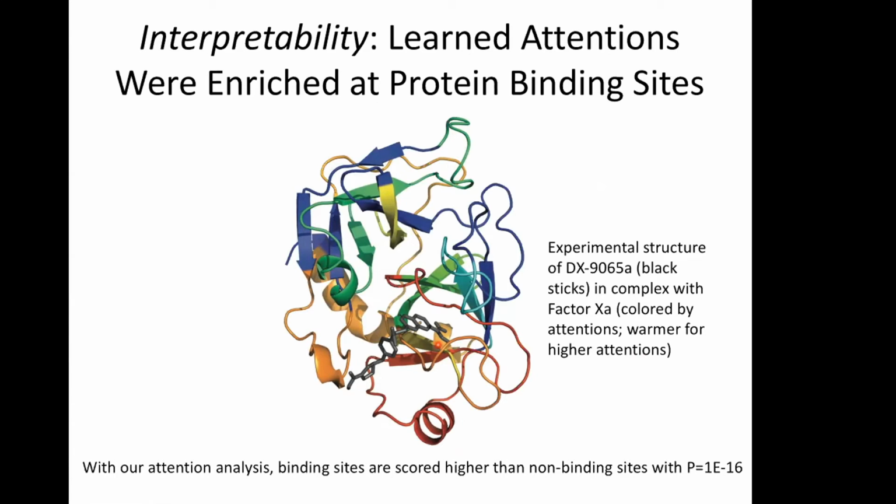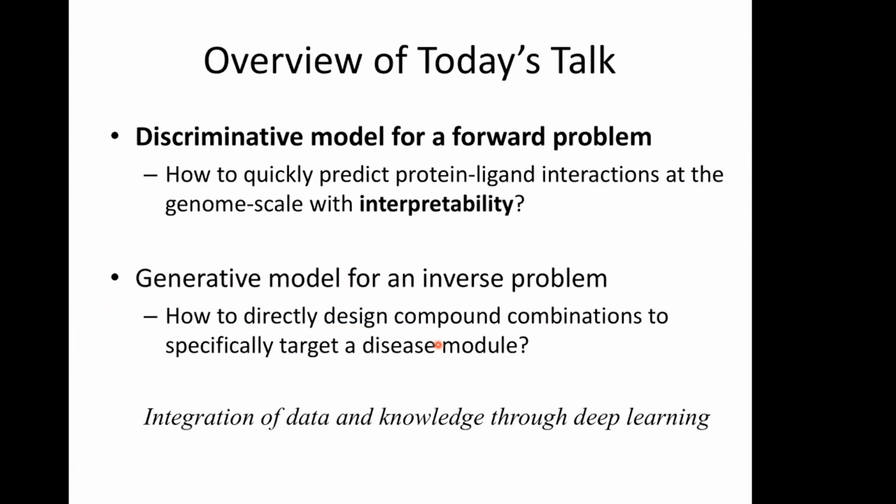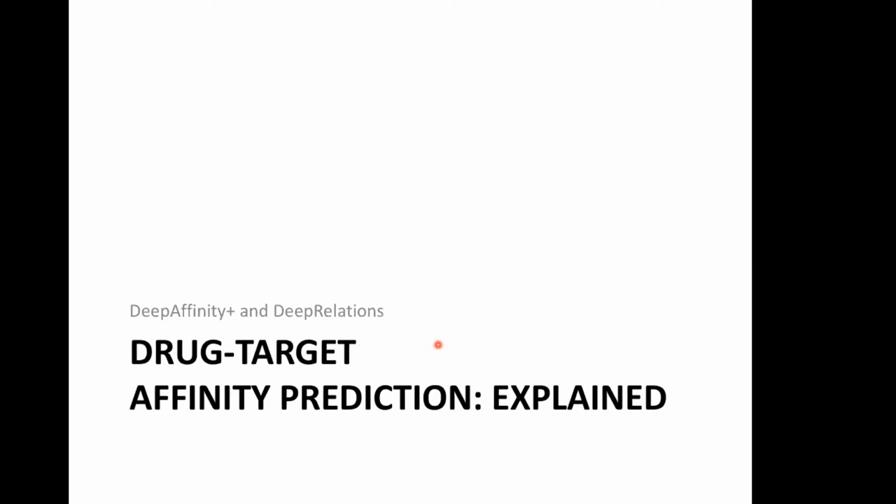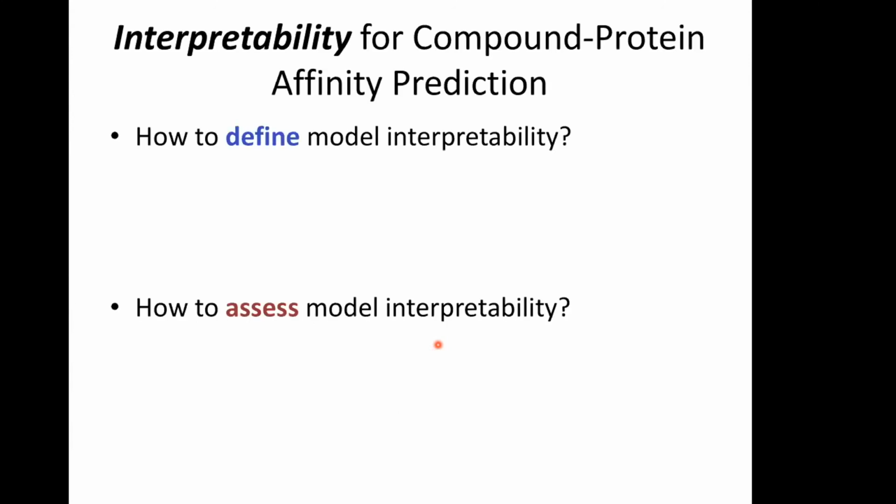So now, based on this background, we are going to introduce two recent developments. The first one is interpretability, or sometimes it's used interchangeably as explainability, but I think we are talking more about explainability, okay? So can you explain how your machine learning model makes such predictions? Okay, so we actually have to rigorously define and then assess the model interpretability first. So how do we define